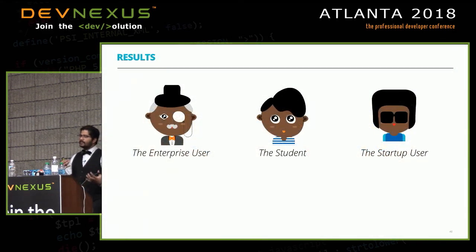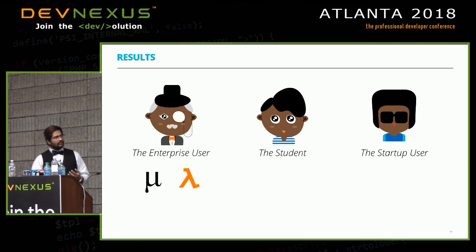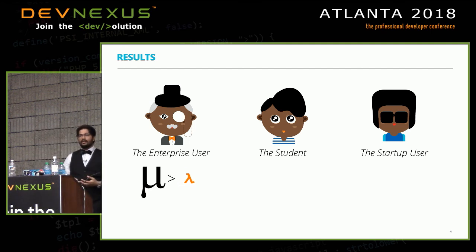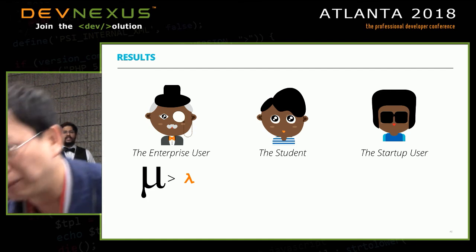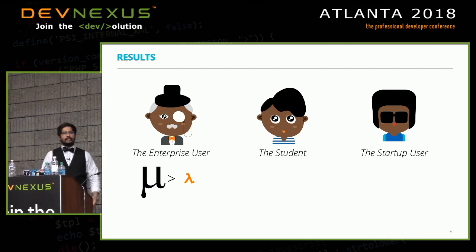And the result is a bit different based on the persona that you subscribe closest to, right? So if you're an enterprise user, because you're looking for more stability and a richer ecosystem and a lot of support, when you compare the two frameworks, you're probably going to go for a microservices style architecture, right? It's really set. You've used it for years. You know there are no surprises because it's been around for a while and you have a lot of experience. Hiring's probably a lot easier as well for devs in that space.